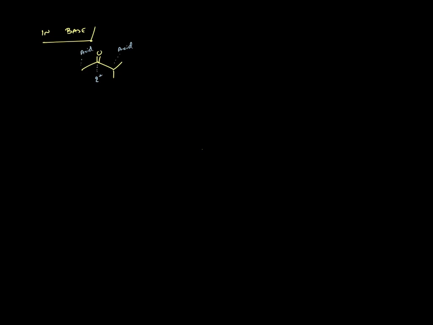So if you add in some base, for instance OH-, this guy can take off the hydrogen from that alpha carbon, or the position directly next to the electrophile, which would give us a carbanion, which is stabilized through resonance